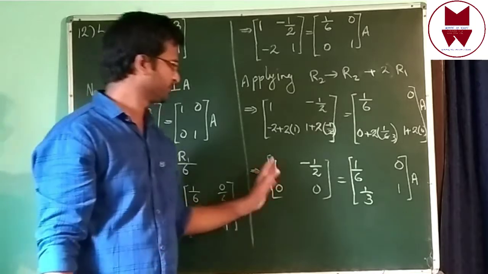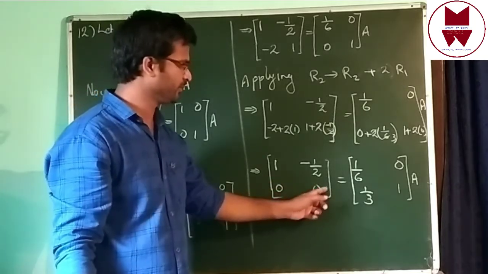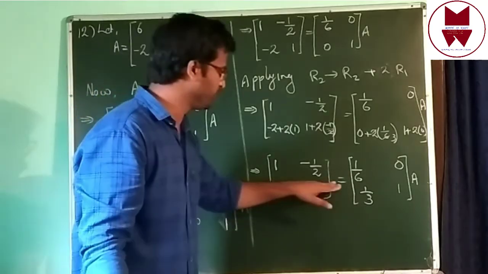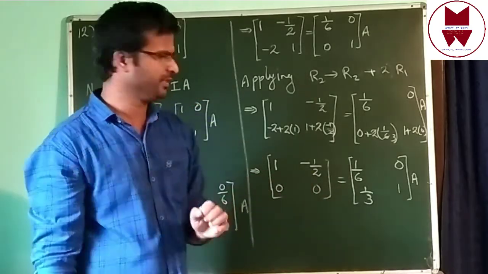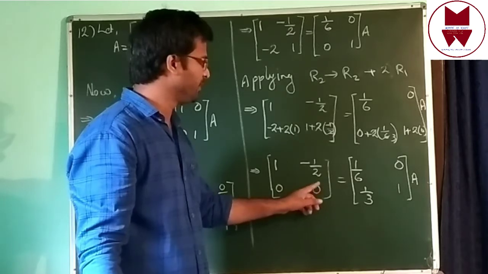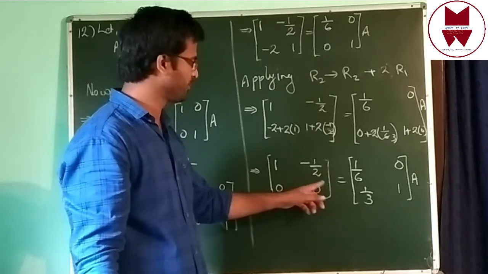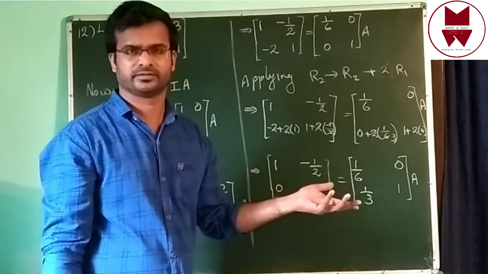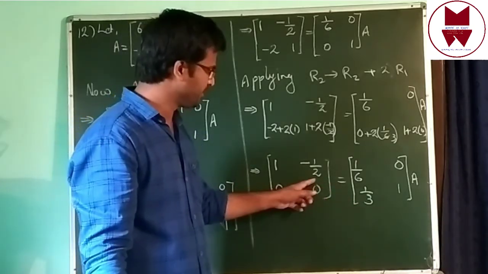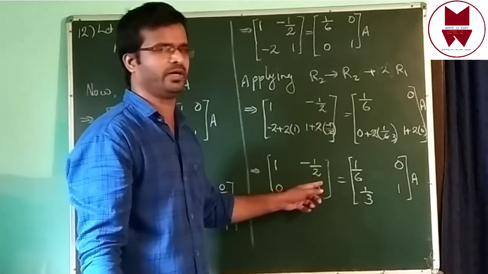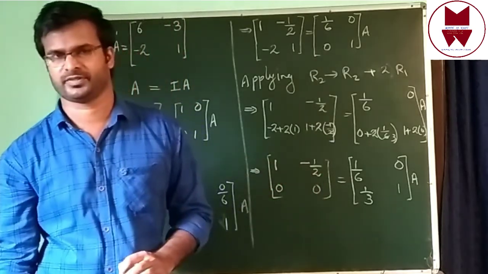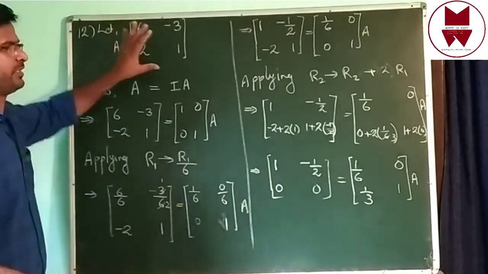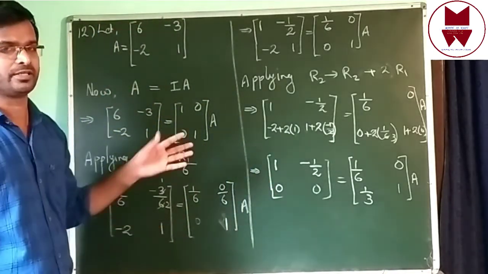Now we need in here 1. Actually we got it 0, isn't it? In second row both numbers are 0. That means we cannot make in this place 1. If you multiply by 1 you will get 0, isn't it? If you divide by 1 also you will get 0, isn't it? That means in here we cannot make 1. That is impossible thing, isn't it? That means for this matrix, the given matrix has no inverse.